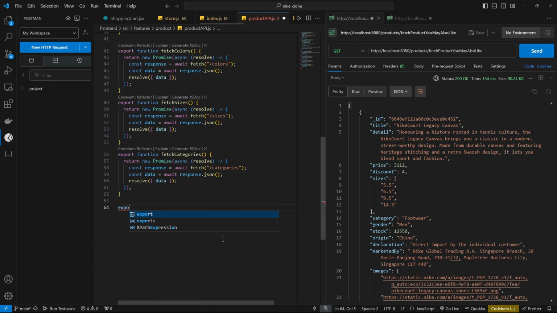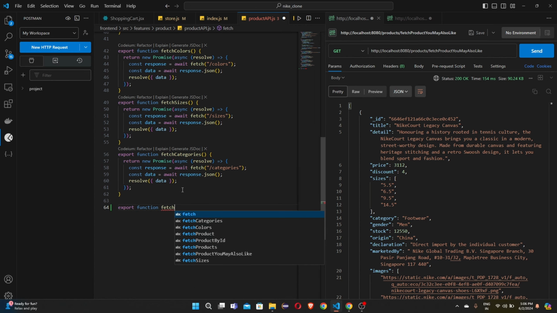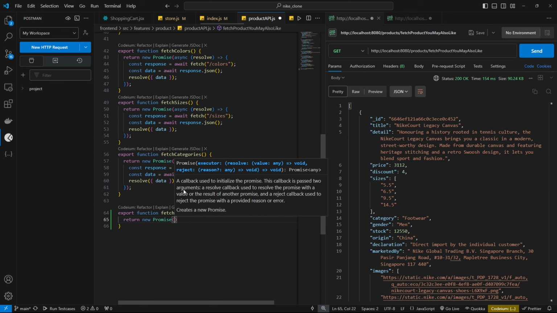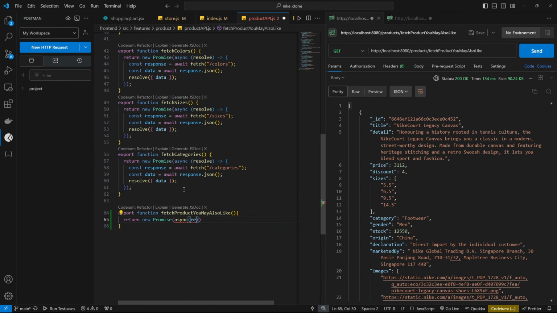So export function fetch product you may also like, and it is going to return a new promise as usual with async resolve,